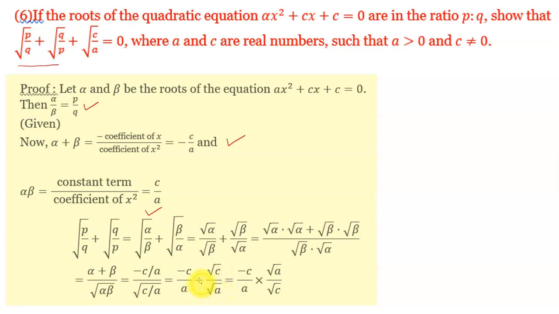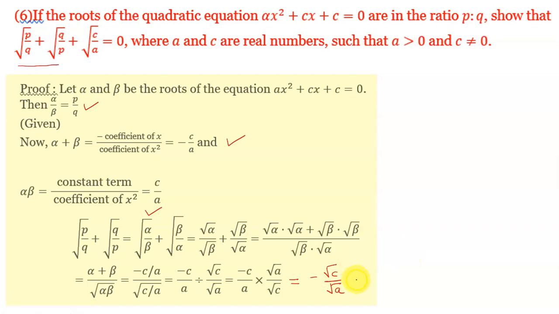ते divided आहे, then multiplied and reciprocal. म्हणजे याचा reciprocal करणार, that is the root of a upon root of c. मग cancellations होणार, इथे a दिलेला आहे, what is here? A can be written as root a into root a. Okay. Then that one a will get cancelled, and to the numerator root c into root c, root c cancel on here, and hence we will get here, that is minus in root of c upon in root of a. Okay,